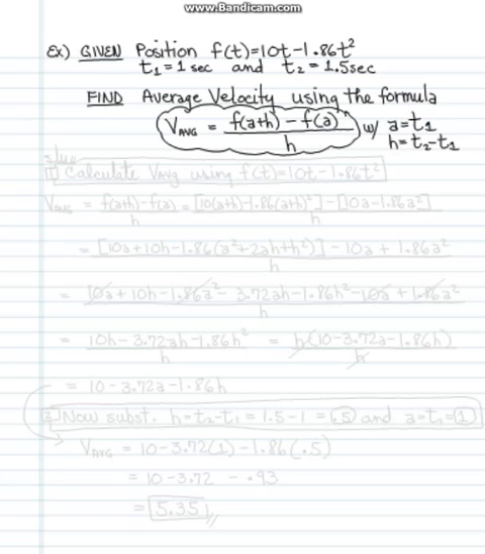Do you recall video example 33a? There we were given the same function, f of t equals 10t minus 1.86t squared for the position of a particle, and we were given the same initial time, t sub 1 equals 1 second, and the same final time, t sub 2 equals 1.5 seconds, and we were asked the same question: find the average velocity using